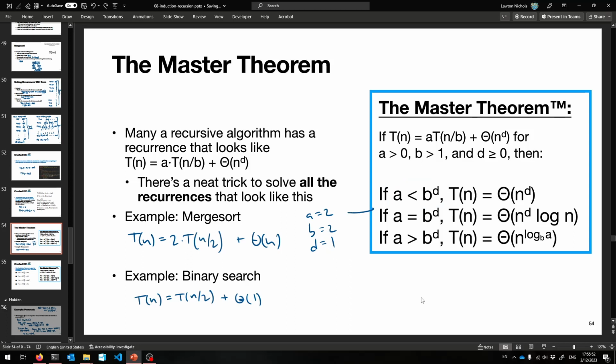So in this case, if A is equal to B to the D, then T of n is equal to theta of n to the D, which is 1, so it's just n, times log of n. Immediately we get the answer. Isn't that funny? Then binary search, A is 1,